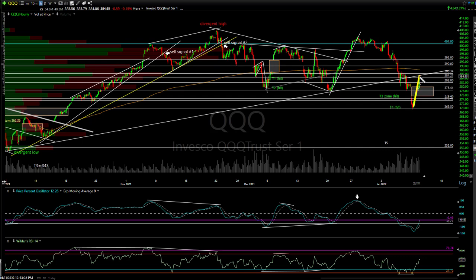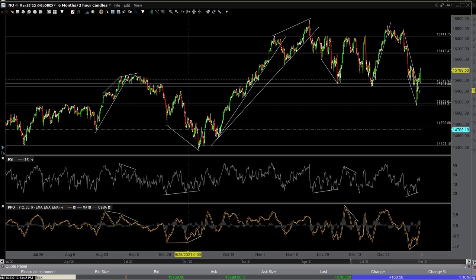The buyers have stepped in where they needed to. But if you want to really increase your odds, again, just wait till yesterday's lows get taken out in QQQ and SPY, and I think that would be a knife through the heart of the bulls. Why? Because you had, as I said, one of the best setups in a while now with positive divergence on